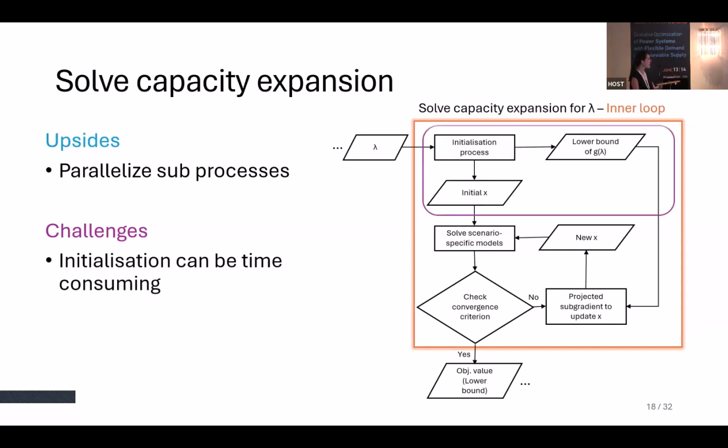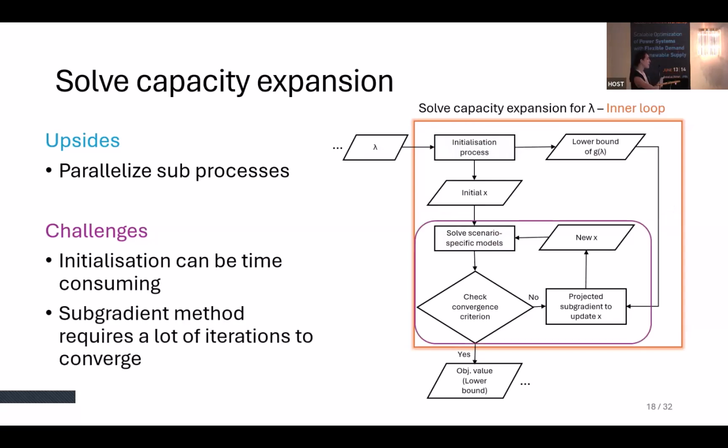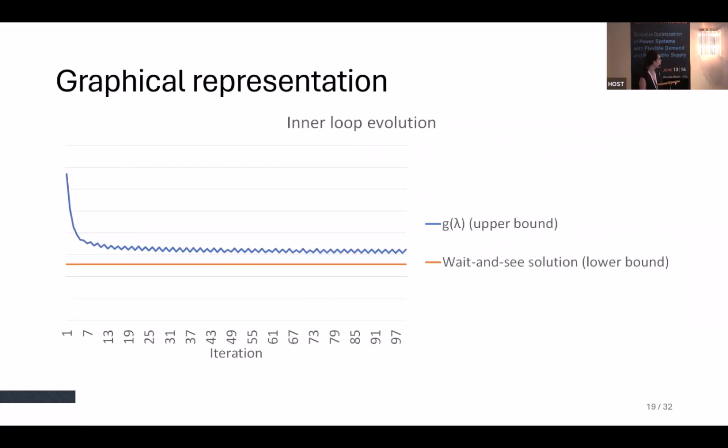The challenging part, first of all, initialization can be time-consuming. Second of all, in general, the subgradient method requires a lot of iterations to converge. I don't know if you remember from Daniel's graph, but it was not getting to a very good point, at least not as fast as the algorithm that Daniel has proposed. So until we attempt this implementation, let's see what we do here in order to somehow accelerate the process, because you can imagine it as an iteration within an iteration. So we cannot let it evolve forever, especially if we require a lot of iterations to find lambda.